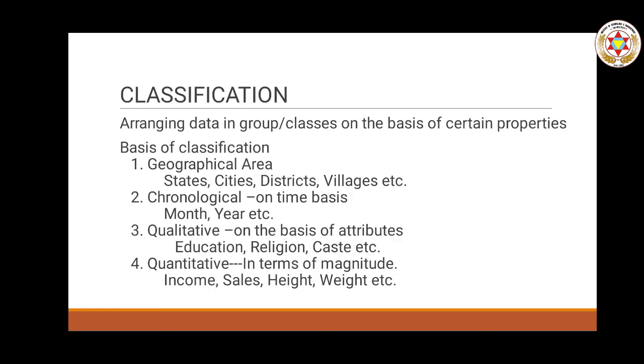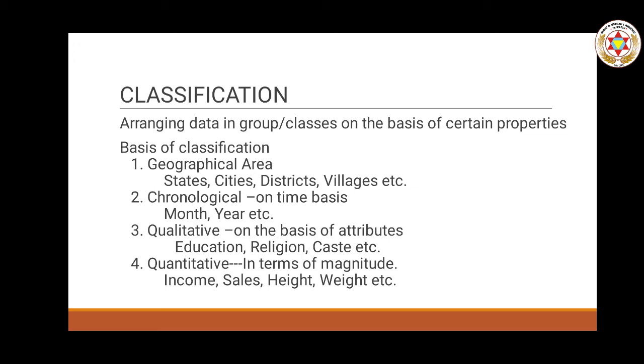Now after coding, then comes the classification. Most research studies result in a large volume of raw data, which must be reduced into homogeneous groups if we need to get a meaningful relationship. So it necessitates the classification of data, which is arranging data in groups or classes on the basis of